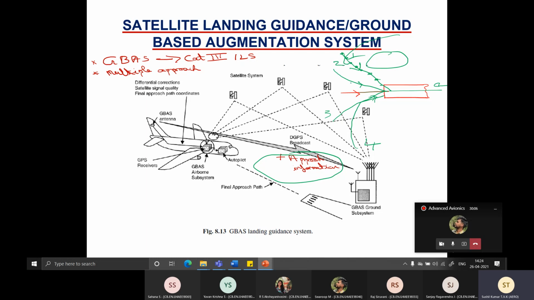Only thing is, you are just giving the lat long coordinates continuously, and it's just fixed information. You are not changing it every time. For a particular airfield, you just give a particular approach path, and the approach path consists of a number of lat longs. So you just keep comparing it with the GPS lat long and then apply corrections to the aircraft flight path. Are you getting it, Salu?